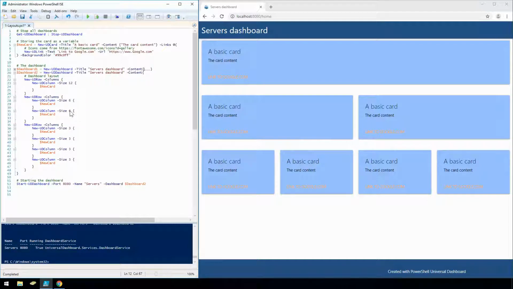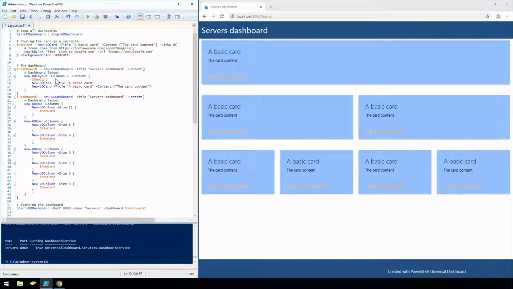So there's basically 2 ways you can organize your dashboard. The new UD layout offers some simplistic layouts by just specifying the column size, and then you can